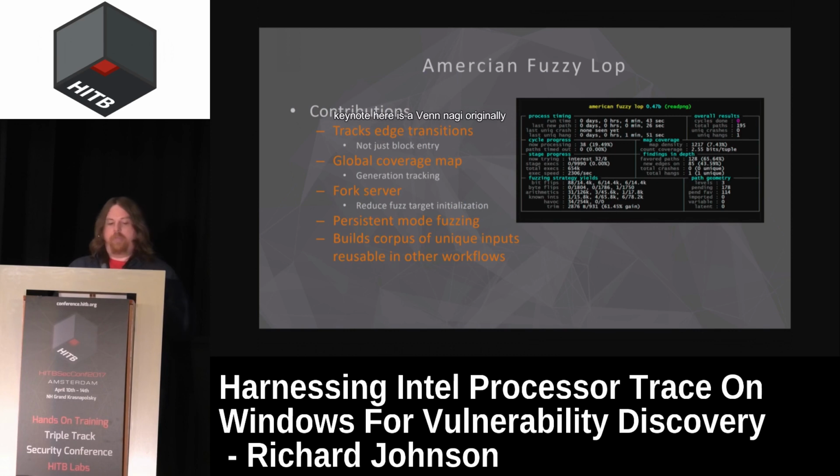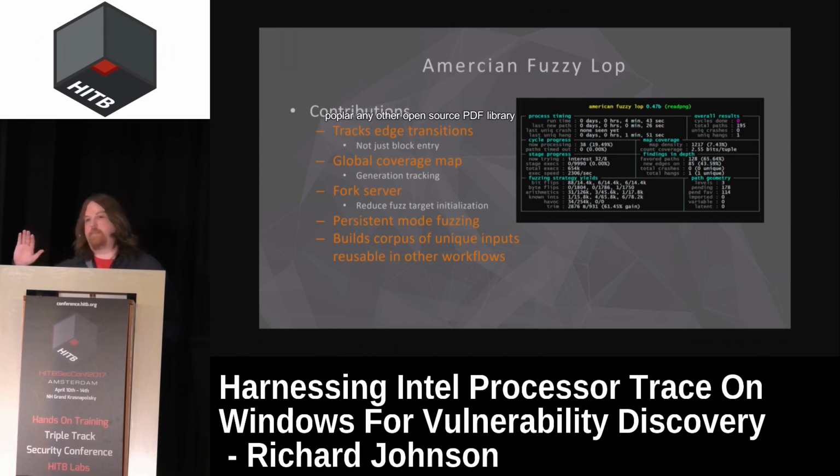And the keynote here that Ben Nagy originally pointed out is that when we're fuzzing complex, large targets like you see commonly on Windows, you can still use these efficient fuzzers to generate a corpus. So if you want to go fuzz the PDF library in Windows, the new one in Windows 10 and Edge, that's actually really difficult to instrument. It's slow, it has an asynchronous API, there's all kinds of complications around it,